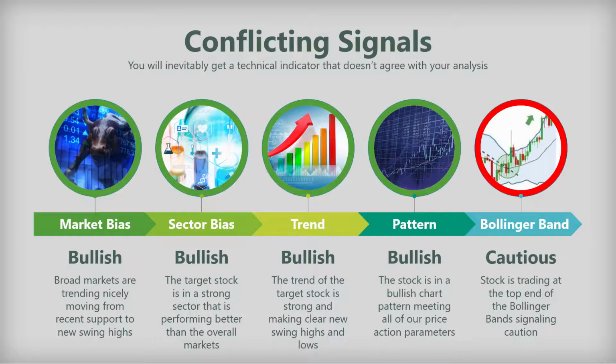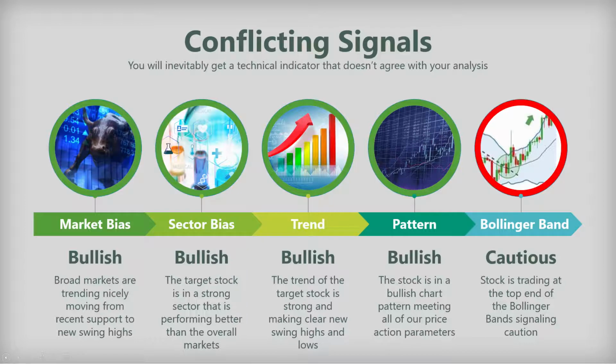It just didn't look good. So I passed on the trade and then ended up missing it. The indicators are a very, very small percent of your decision. The four things that went before this, market bias, sector bias, trend, pattern, those are so important, and what a tiny little indicator says is really insignificant to the success or failure